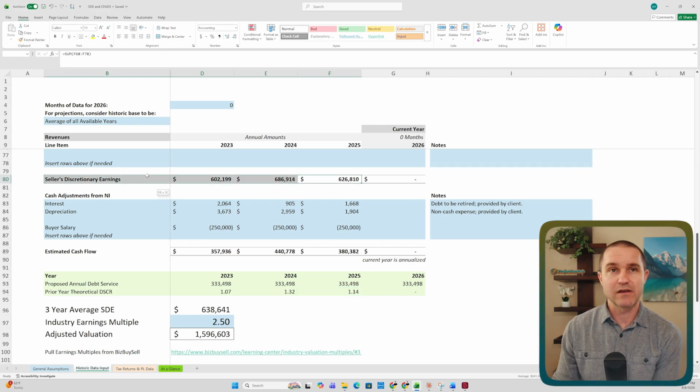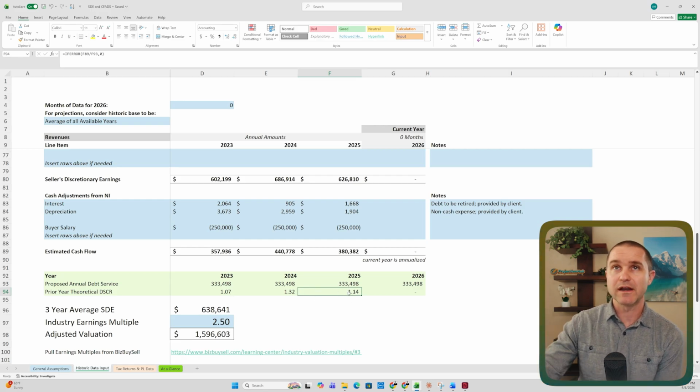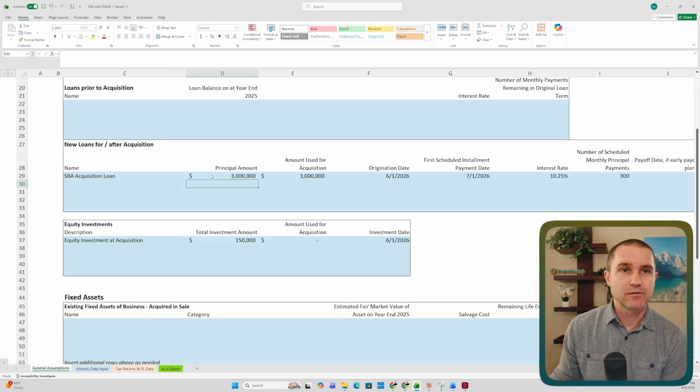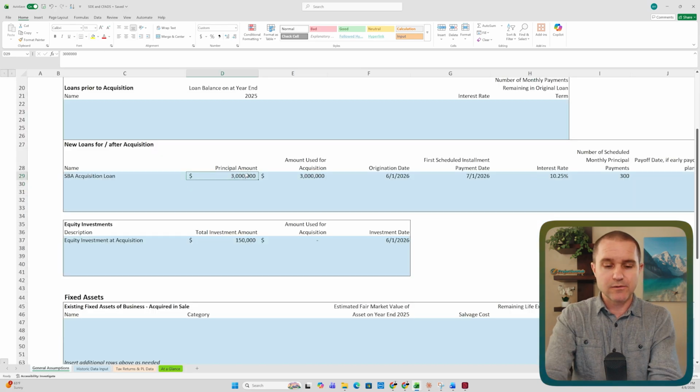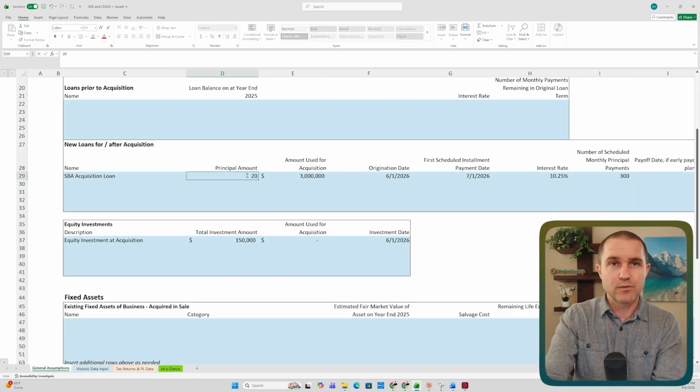And so now what you're going to see is that just because SDE might allow you to have a certain valuation, ultimately the SBA loan is going to be the thing that, if the buyer's using SBA, that's going to be what drives a limit on how much they can borrow. So we're going to come back here and say, okay, well, let's go back to maybe $2,250,000. And